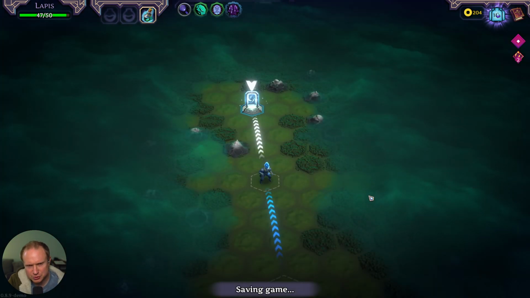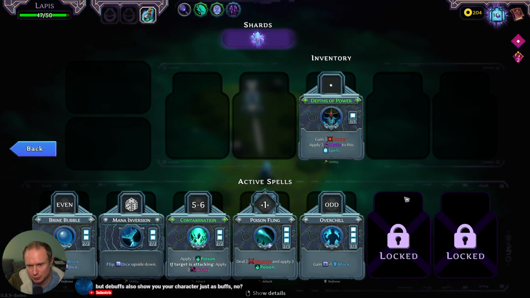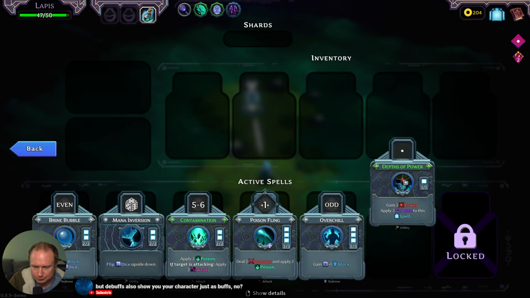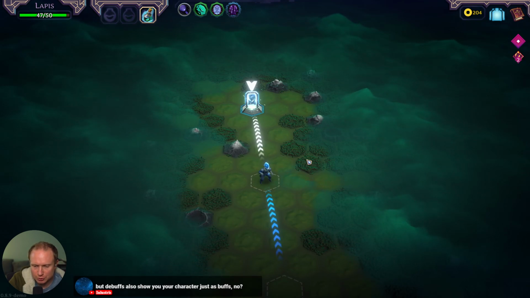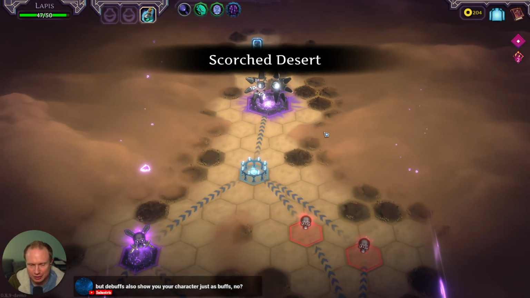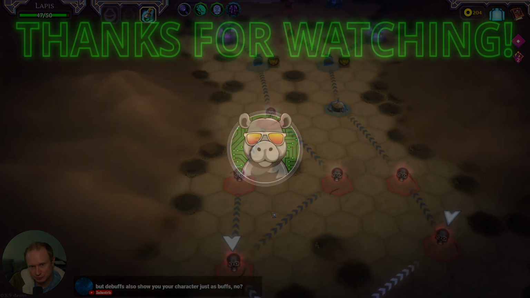We'll try the Hex Robes. Maybe we can make those work, because we'll be able to selectively decide when we do that. I think we want to unlock one. I think we need to get... Oh, hello. But debuffs also show on your character just as buffs. No, yeah. So that is the same place, but whatever the modifiers on the dice are, that is something else. All right, we want to go